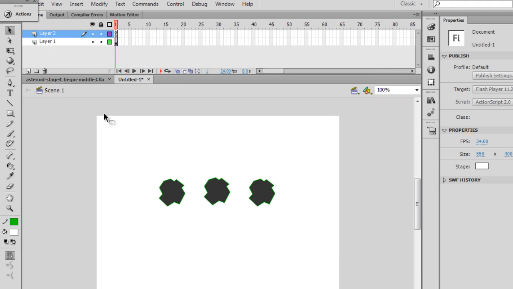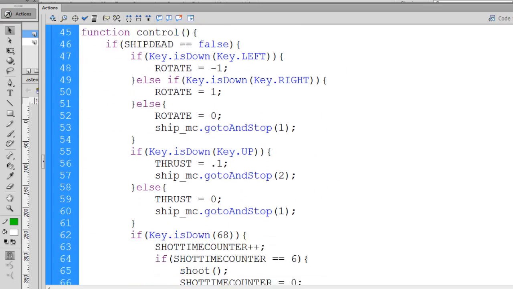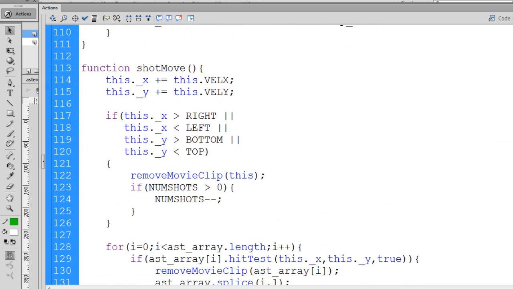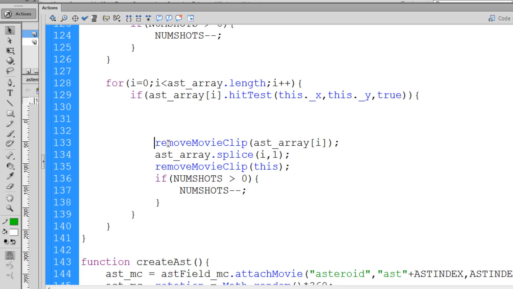So what I'll do is close this, go back to our movie, open our Actions window, and scroll down to where we remove the asteroid from the screen. So under Shot Move, this is the code that gets called repeatedly that moves our bullets or our shots. And then right here you can see it loops through the asteroid array to see if there's a hit. And if there's a hit, it splices the asteroid out of the array, removes the movie clip from the stage, and also removes the asteroid from the array. So before we do that,